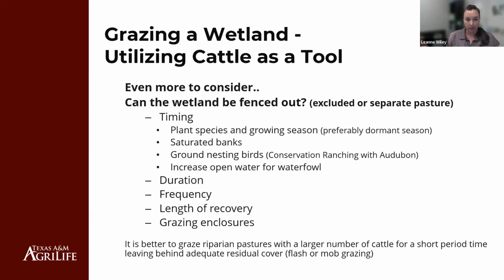Another big one, depending on where you are, is ground nesting birds and what seasons they're coming through. When I was with NRCS in Matagorda County, we had some producers that were looking into working with Audubon and becoming part of the program that they've created called conservation ranching, where it actually gets certified that you are bird friendly with your ranching, and you're rotating and moving your cattle out whenever it's time for those ground nesting birds to need that space. It could be the opposite, maybe, where you're trying to graze certain species of plants down, so you're trying to open it up to allow more waterfowl in, to give them that more open water feel.